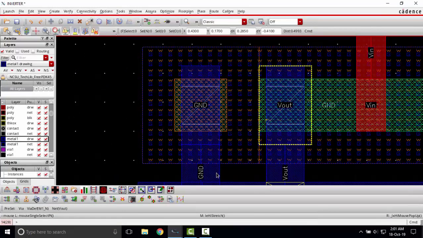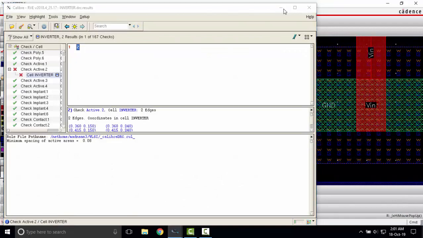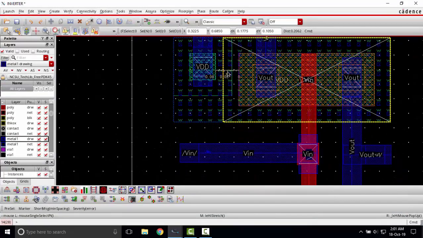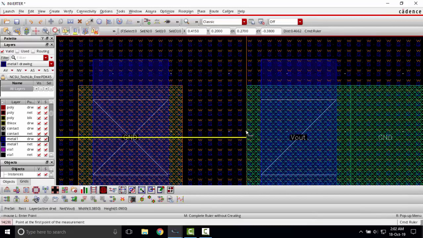So here the rule suggests the minimum distance is 0.08 micrometer. So I'm deleting this scale from here and I'm placing a scale here, pressing K on my keyboard and drawing a scale of